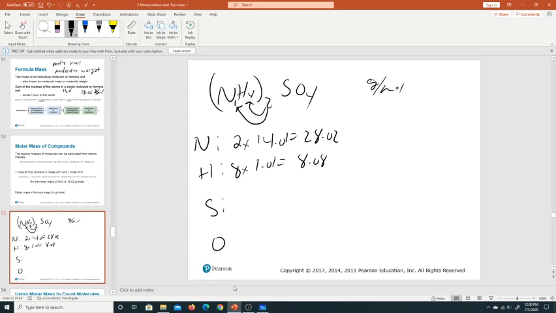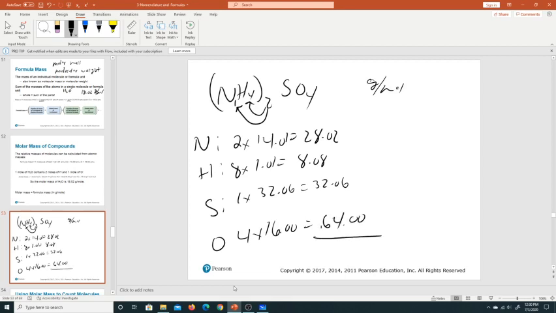Sulfur, from the previous example, we have 1 of those, so it's 1 times 32.06 grams per mole. That's just 32.06. Oxygen 16. 16 times 4 is 64. So 4 times 16.00 equals 64.00. Add these all together, and that will now tell us the molecular weight of ammonium sulfate. 28.02 plus 8.08 plus 32.06 plus 64, and that is 132.16